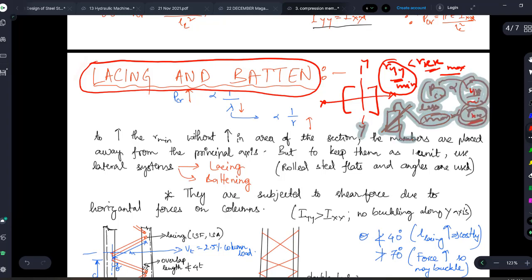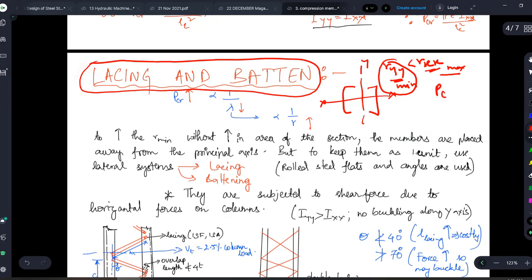So what is happening? Always we take the minimum value, right? So always we take load corresponding to our minimum radius of gyration. I hope it is very clear, right? So my aim is not just to increase radius of gyration. We should be very precise. Our aim is to increase the minimum radius of gyration. Whatever the minimum r value is there, that we have to increase.